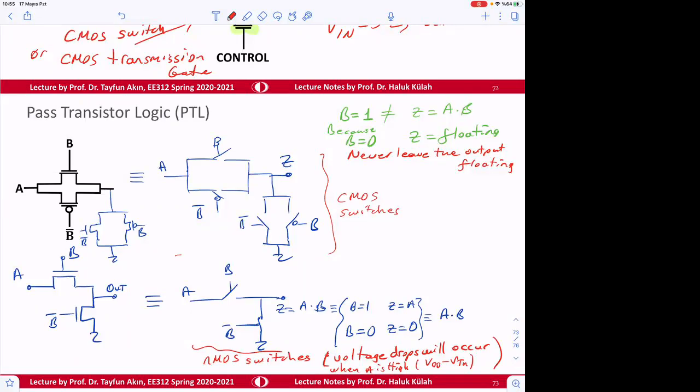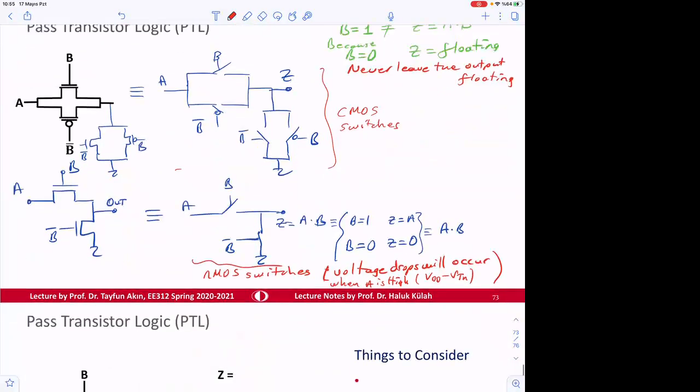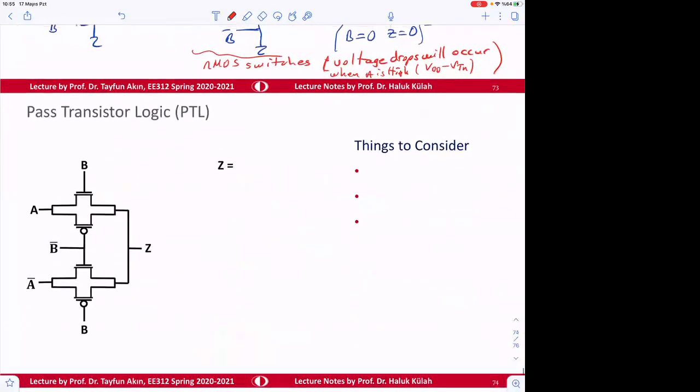So there are different implementations of this case. And notice that again, when you want to do this A.B circuit, you need to do